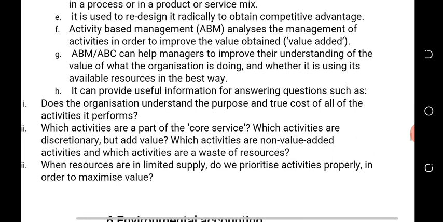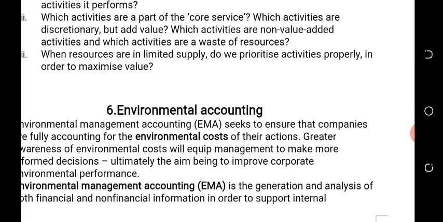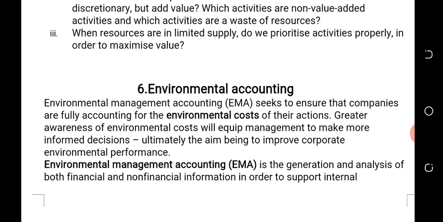So all these are what ABM does. Now the other topic that we'll be looking at is what is environmental accounting. Environmental accounting is also treated under our CSME, which is corporate strategic management and ethics. Now I want to talk about environmental accounting in performance management,